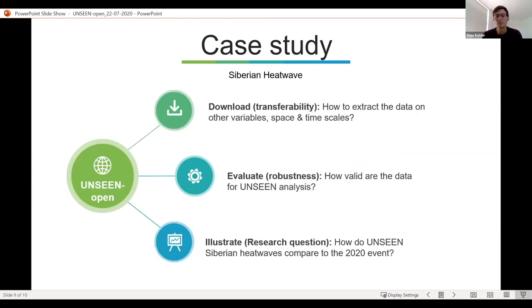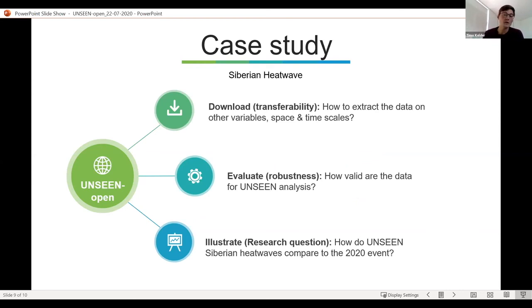And next up, we're thinking of redoing this workflow for the Siberian heat wave that we're facing now. It would be really interesting to see whether SEAS5 and this unseen method can simulate events such as the 2020 event, and how this large sample of events compares to the one we're facing now.